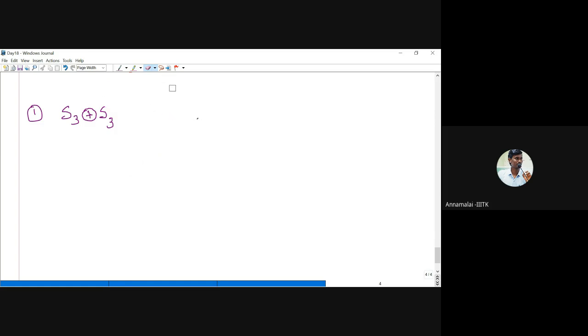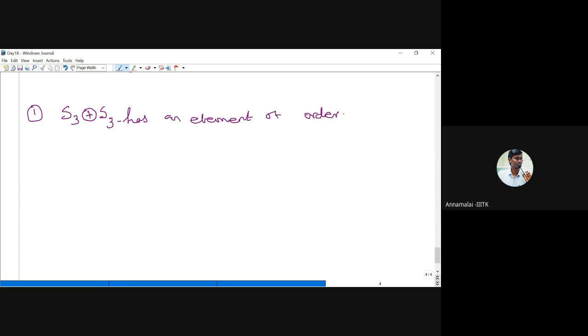Now the question is, what is the maximum order in that group? So the question is, this is a group G, and the direct product has an element of order